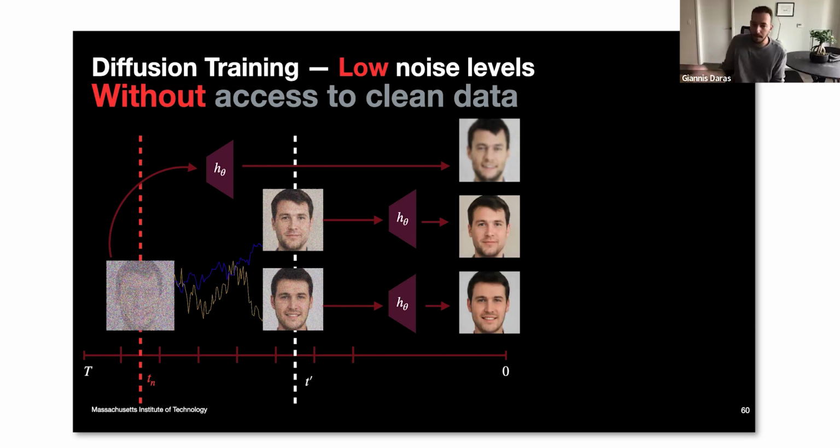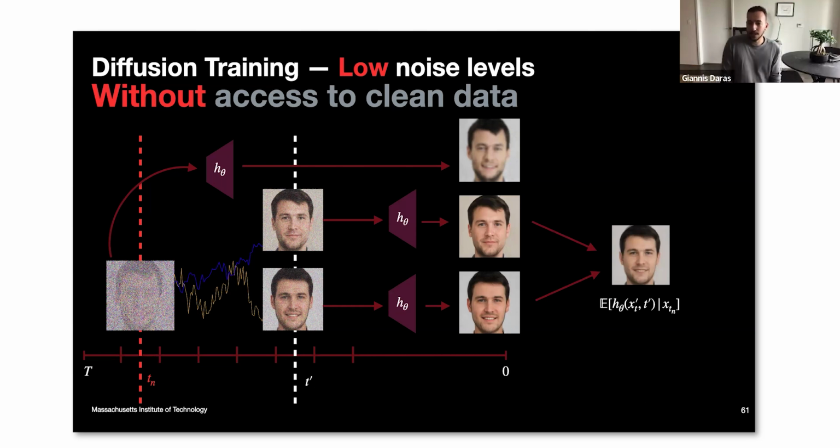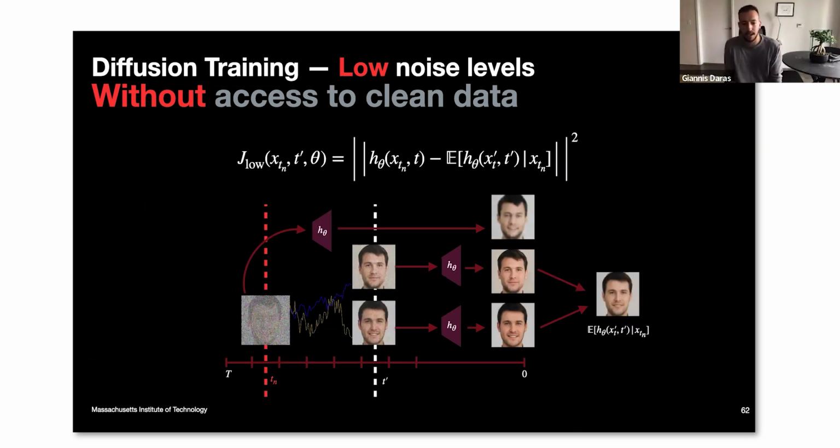So you get images that are less blurry because the initial noise that you started with was lower. You get these two different predictions that both seem like clean images, and they're far less blurry than the original prediction. And now your denoiser is consistent if the average of these things matches this initial blurry prediction, which means that if you care about having a consistent denoiser, you can basically train for this objective that says, okay,